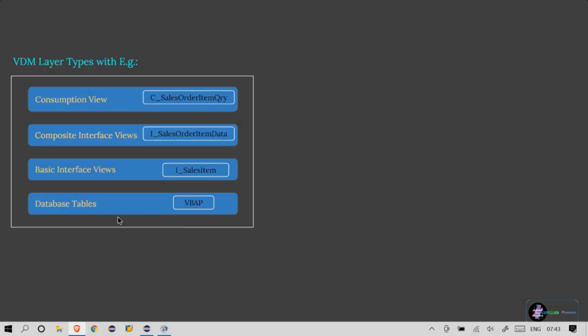So you can create your basic view, a composite view if it's required, or directly you can create a consumption view. It all depends on the case. In most cases, if you're working with standard tables, you do not have to create a basic view because there will already be basic views. You just consume from this basic view. Do not fetch data directly from VBAP when you're creating a CDS view.